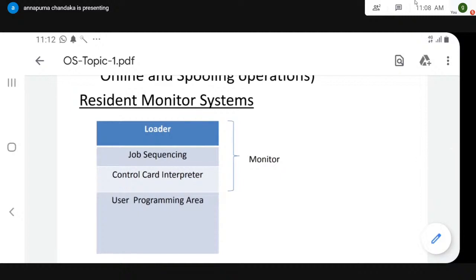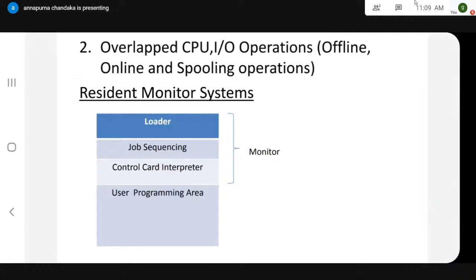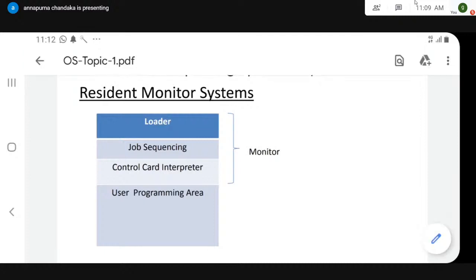Then execute the second program. In this time, the resident monitor is going to bring another program into the area of the first program which was removed. After executing the second program, the CPU moves to the third one, and the monitor is responsible for removing the second program and bringing in another new program. That implies programs are executed and brought into main memory simultaneously.